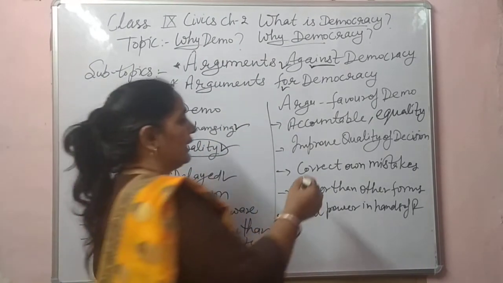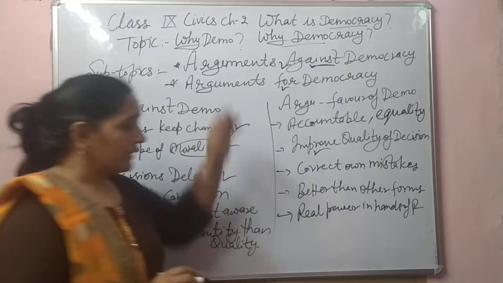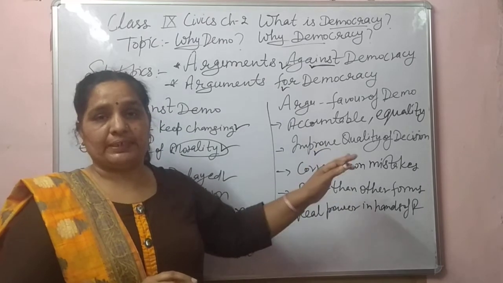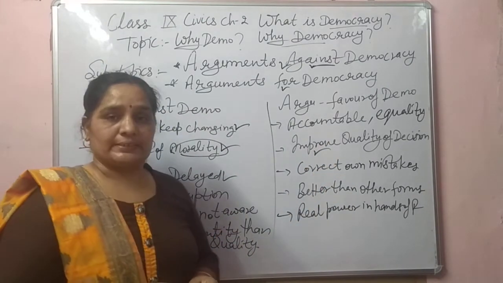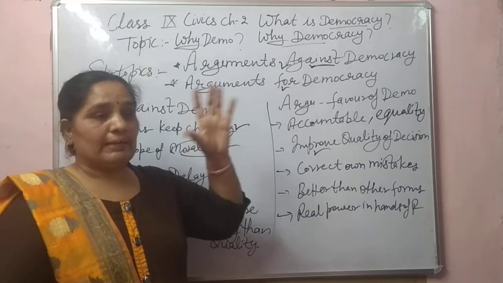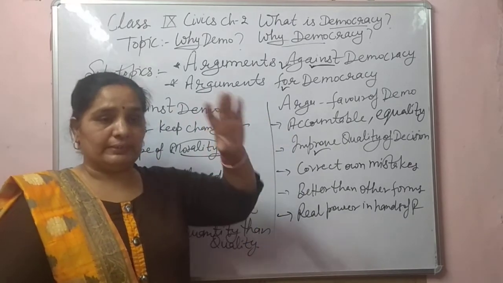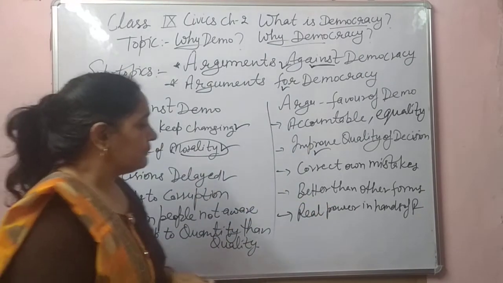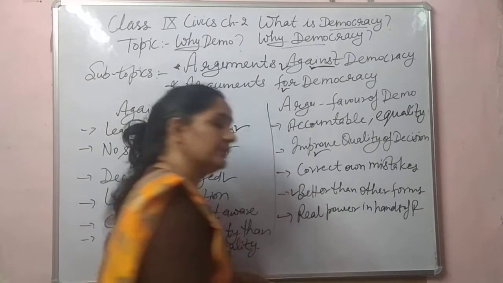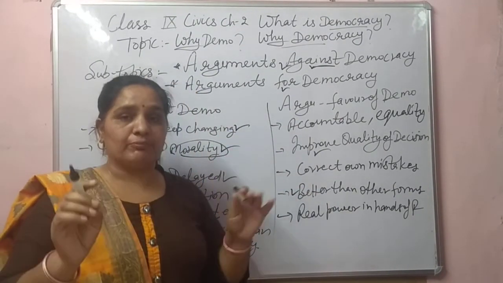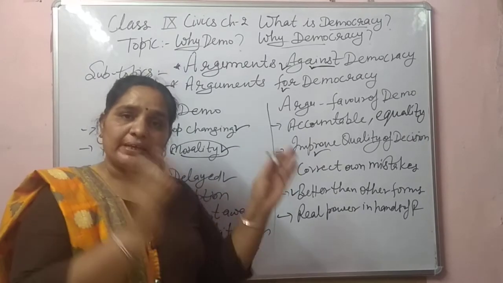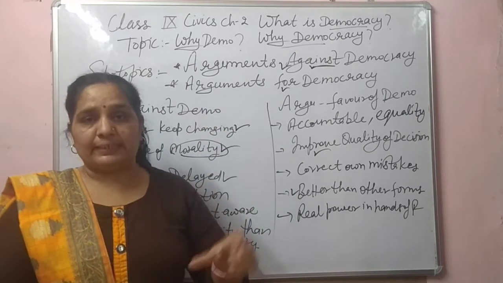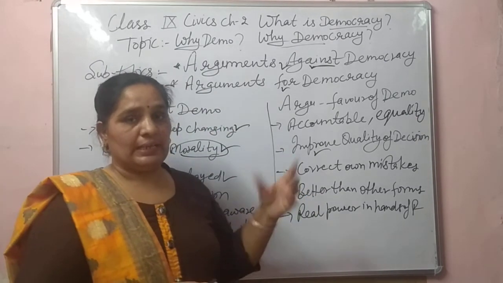Next one, improved quality of decisions. In democratic formations, the political leaders who are running the government can improve the decision-making process. Next one, correcting mistakes. If they make some mistakes in one term, then next time when they get the chance to run the government, they can correct their own mistakes. Next one is better than other forms. We can't say that the democratic form is the best, but when we compare it with other forms of government, we can say that it is better than other forms, like dictatorship,